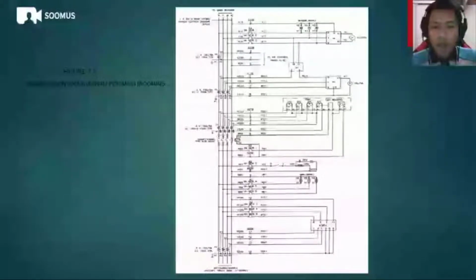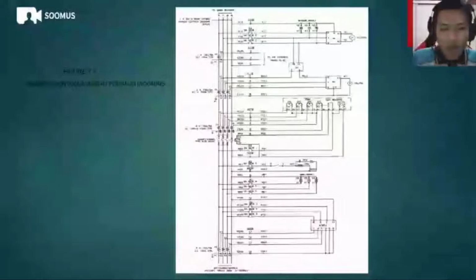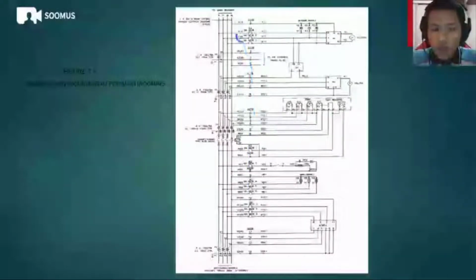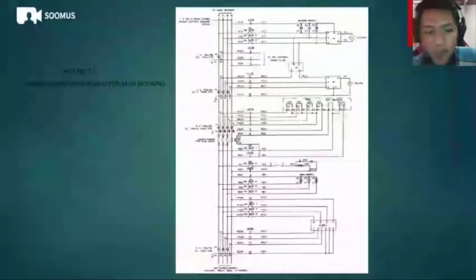My name is Abdul Hakiman bin Abdullah, and now I would like to explain the schematic control diagram for main incoming for figure 7.3. So for the incoming supply is from TMD, which is on the below of the schematic diagram, that from underground, and the outgoing is the load, which is main bus bar on the top of the diagram.